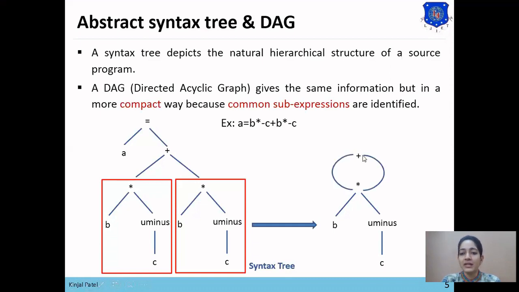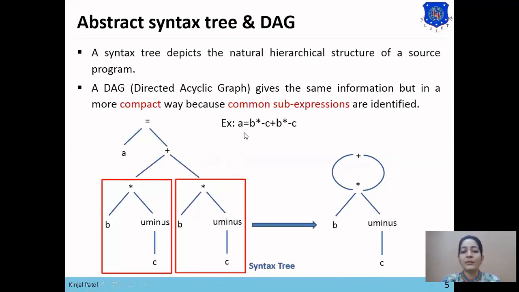Now this plus is used to add the B star minus C with B star minus C. As B star minus C has been already constructed, its left child and right child will be the same sub-expression. So here in DAG we haven't constructed this B star minus C again.